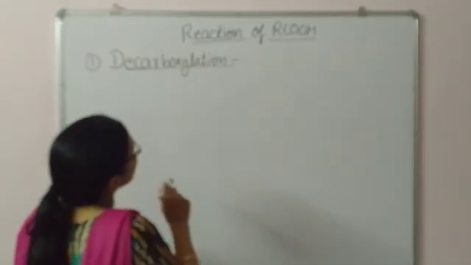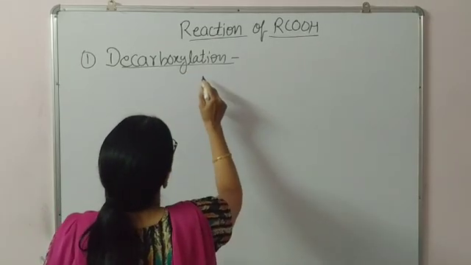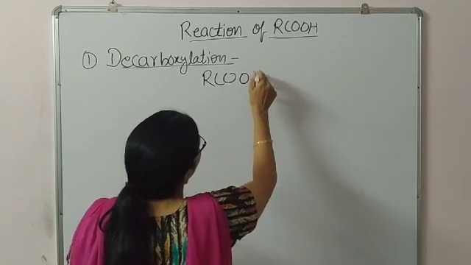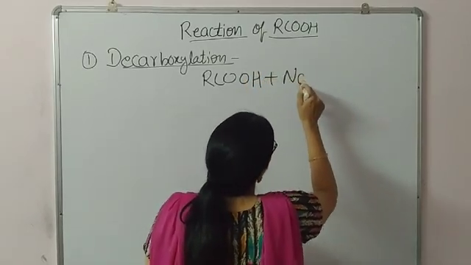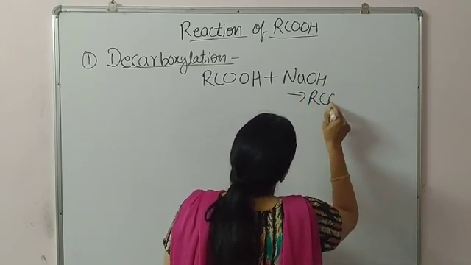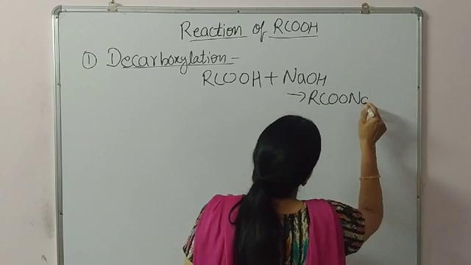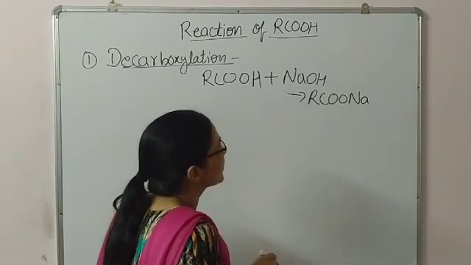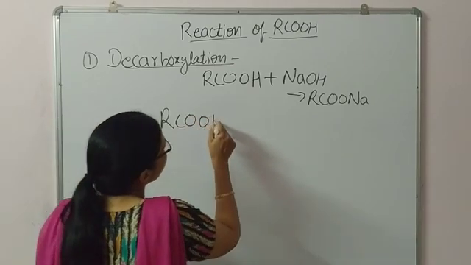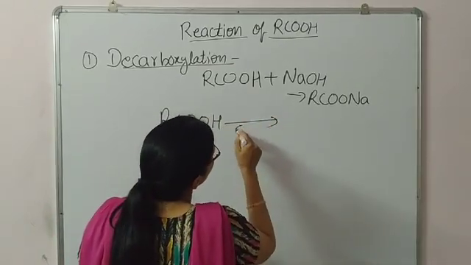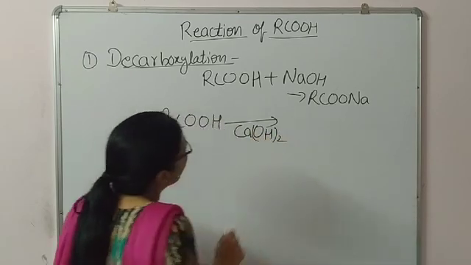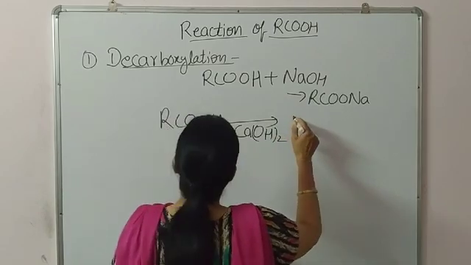The very first reaction: when carboxylic acid is treated with NaOH, there will be formation of the sodium salt of carboxylic acid, that is sodium carboxylate. When sodium carboxylate is treated with lime, then there will be formation of